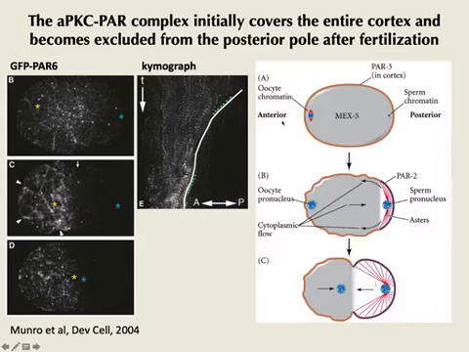Okay, so one question we now have to have is how, right? So again, PAR6 tends to be everywhere. It's true also for PAR3. It's true for the PAR complex. Okay, so there's no polarity initially. And that polarity is established by removing the PAR complex from the cortex in the back and actually replacing it with PAR2, and it has to do with sperm entry.